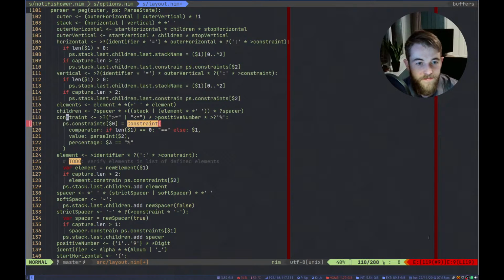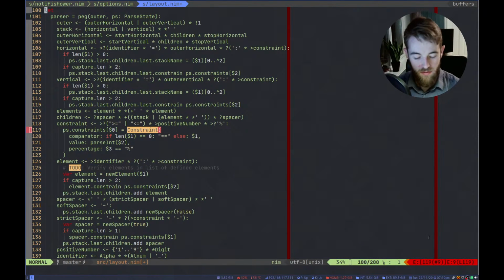Down here, constraints should now be either a positive number or an identifier, which means that we do this. Oops.